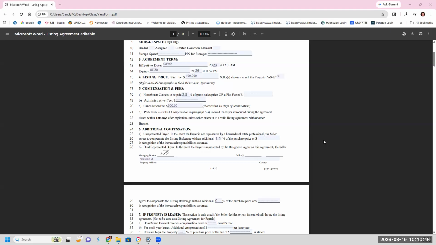Now, some of you, and rightfully so, charge an admin fee. Should you charge an admin fee, that is totally up to you and you are entitled to do so. That is your business. We don't interfere. That admin fee goes to you. Everything goes to you that you charge for commission, except for the $4.95 you're going to pay at the closing table. A lot of you have asked for a cancellation fee. That is included here at line 20.